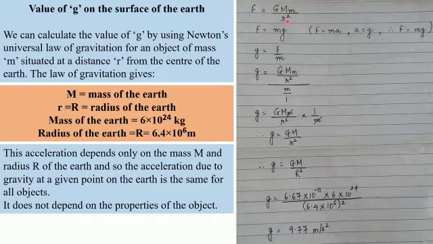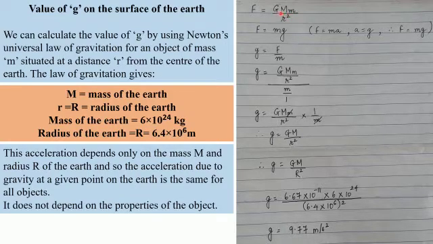So yesterday the formula that we studied was F is equal to G m1 m2 upon d square. But here, one of the objects that we have taken is the earth, and the mass of the earth is indicated by capital M. The other object is on the surface of the earth and its mass is small m. So we have to take the product of the two masses.